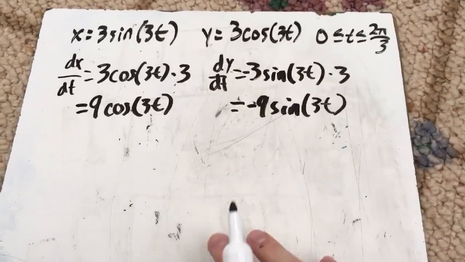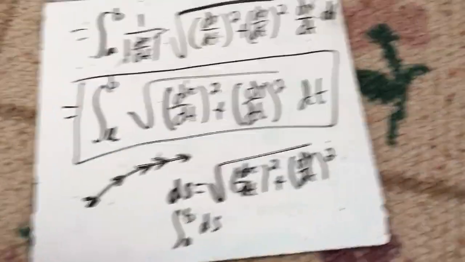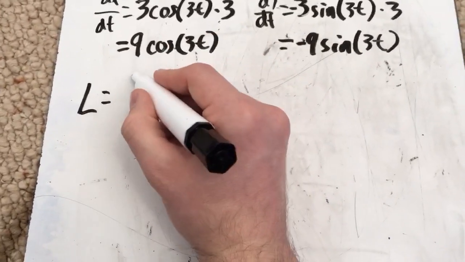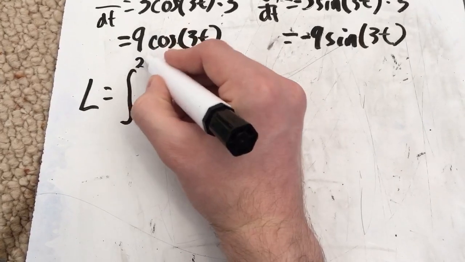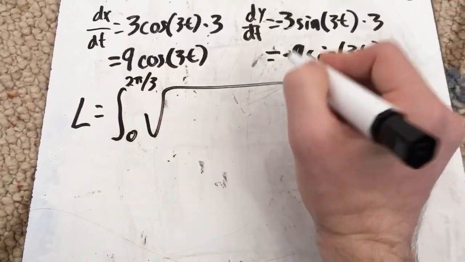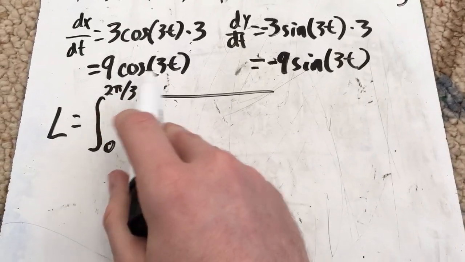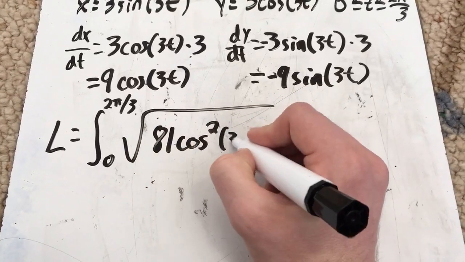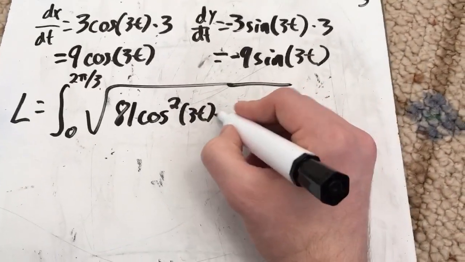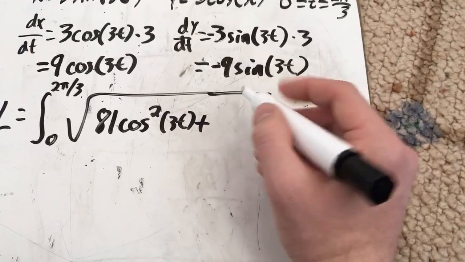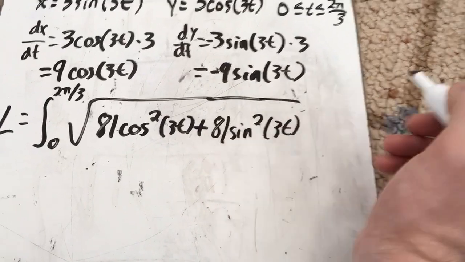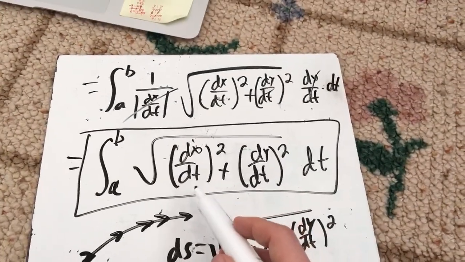Equals negative 9. Okay. So let's go ahead and put those derivatives into our formula here. We can do that. So that means our arc length is equal to the integral from 0 to 2 pi over 3 of the square root of, we take our dx/dt and we square it. So that'd be 81 cosine squared of 3t plus, then we'll take our derivative over here and we'll square it, 81 sine squared of 3t. And then in our formula, so we took the derivative of x squared plus derivative of y squared, and then we need our dt